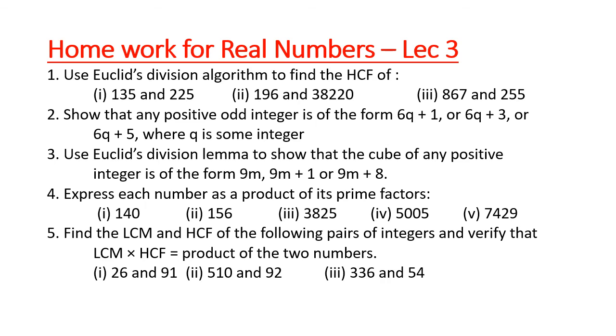Now question number 4 is, express each number as a product of its prime factors. So first find out the prime factors, then express it in the power of the prime factors. And the fifth question is to find the HCF and LCM of these two numbers by the method that we learned today. So there are few sums you have to do. Finish these sums, click a photograph and send to me personally. Okay, send the homework to me personally and make sure to do the homework as fast as you can. Will not pile up the work.